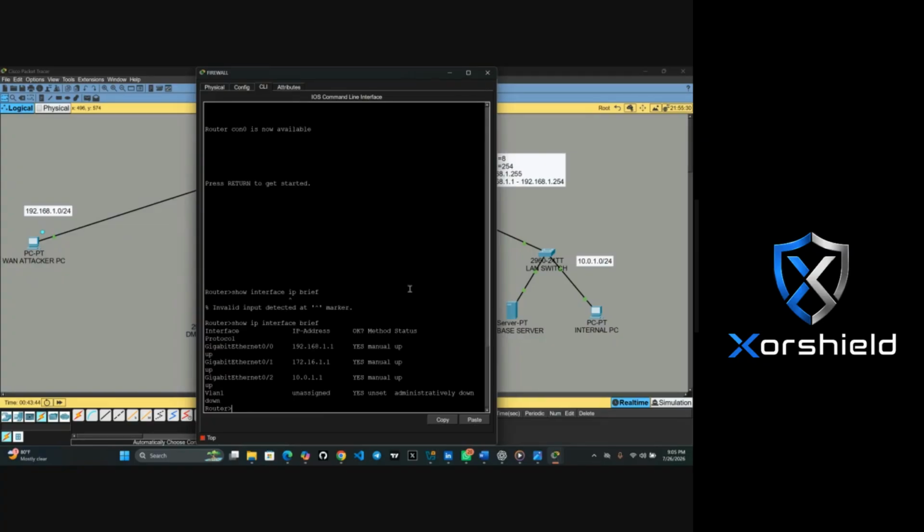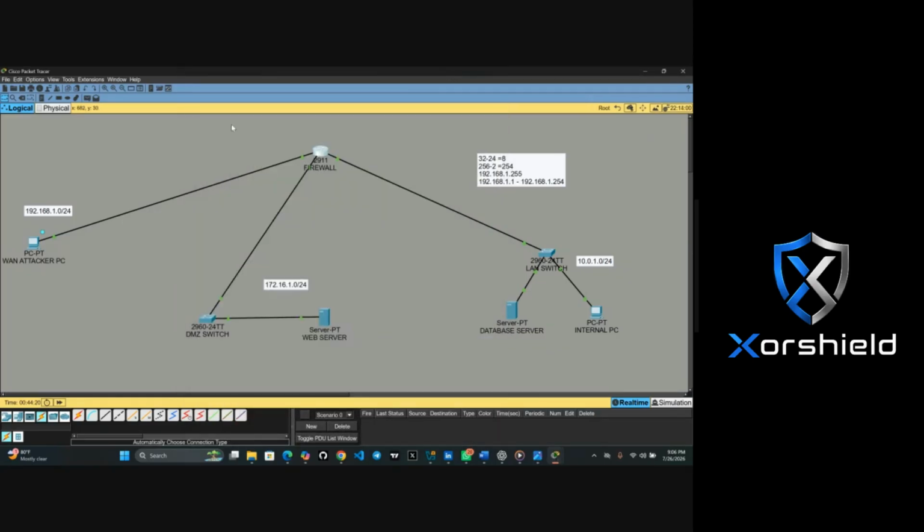Can you see? Show ip interface brief. Can you see that everything is showing that it is up now? Any questions so far? Or I can continue. You said everything is showing green now.